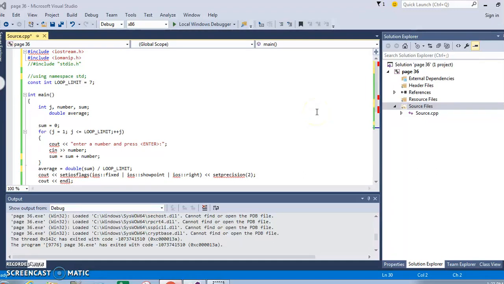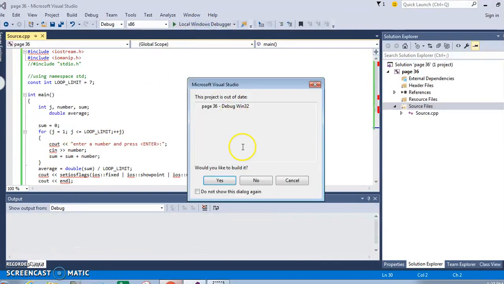Alright, so you should have typed in the code from page 36 in the book, and when you finish typing in the code from the book, it should look like this. So you'll notice that you've got a lot of red squiggles on this code, and the red represents errors in this code. If you tried to debug this program right now,